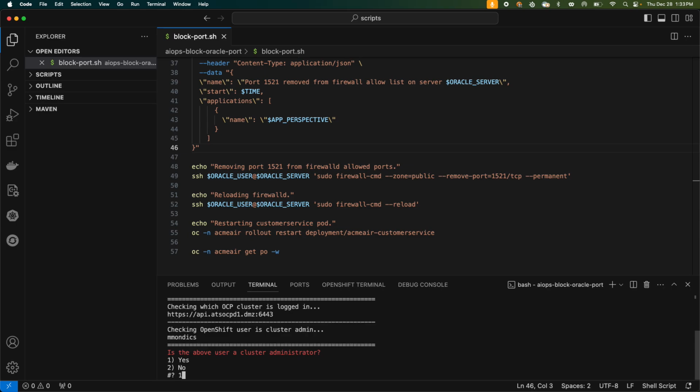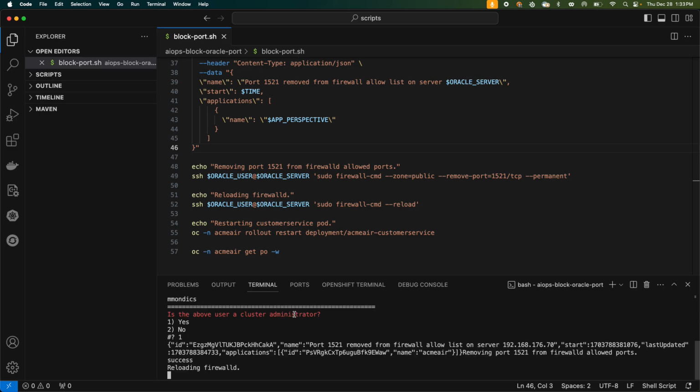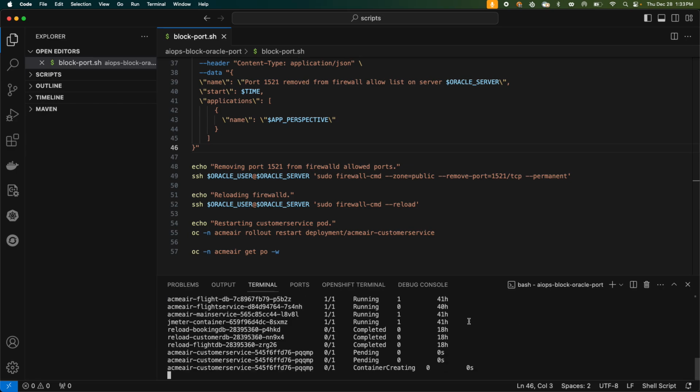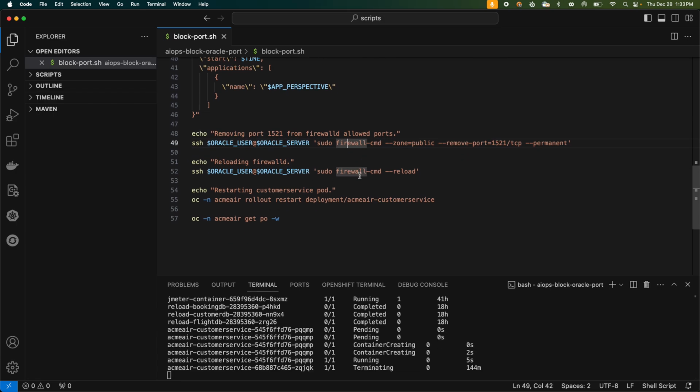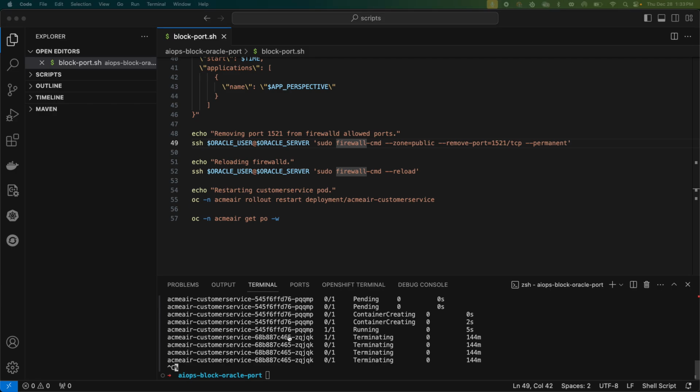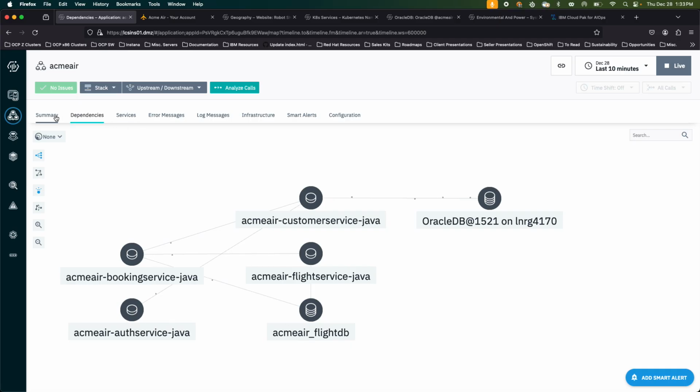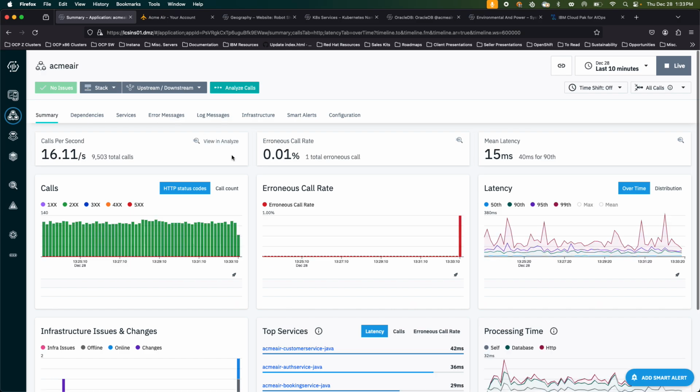I'll say that yes, I'm the correct person to run this script. You can see my port was removed from our allow list here in the firewall. The firewall was reloaded, and now I'm generating a new customer service pod. This customer service pod is what ends up calling Oracle, so I need to break that connection and start a new pod. So it should be up and running, and very shortly here we should start to see some errors